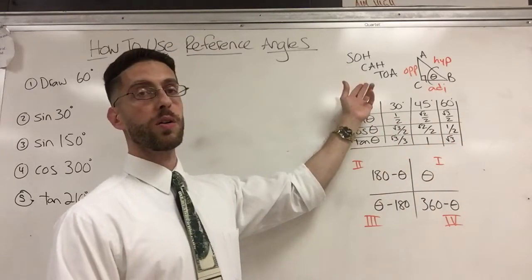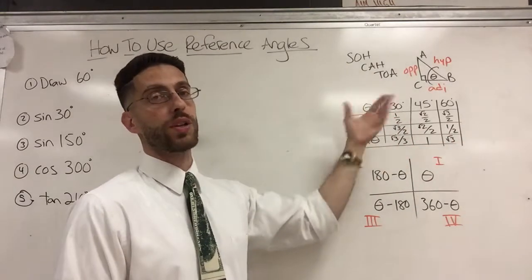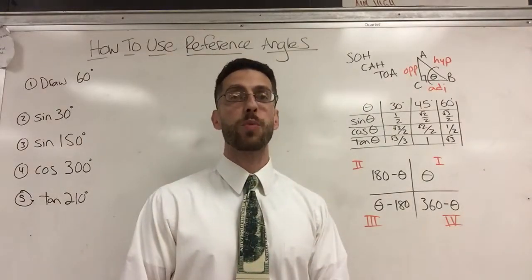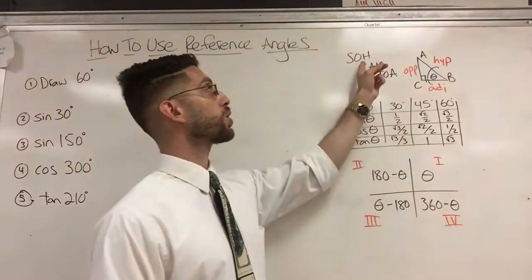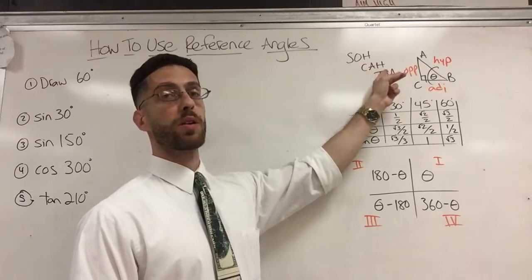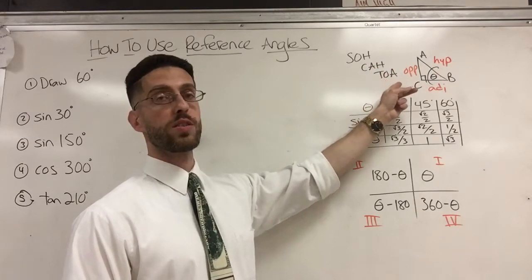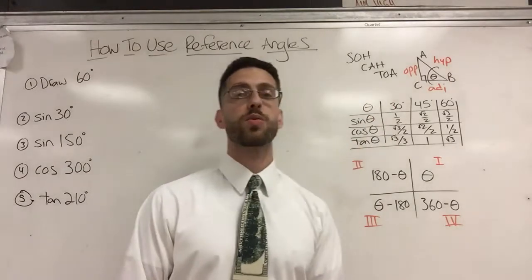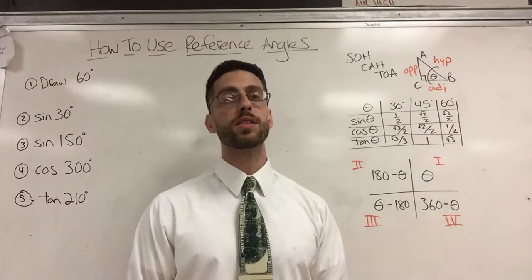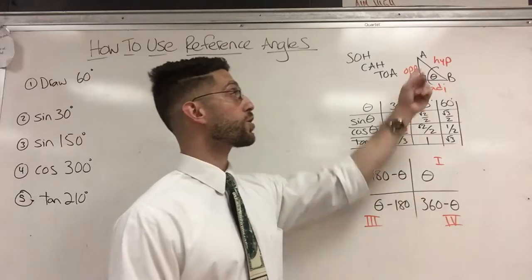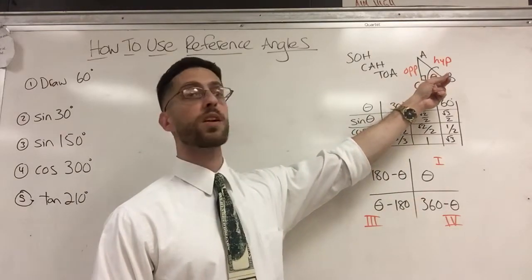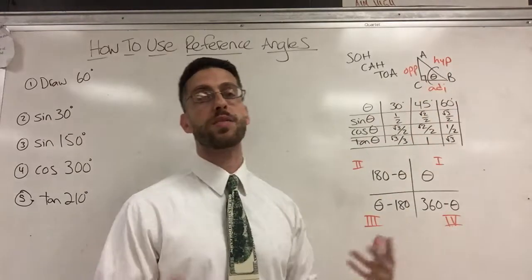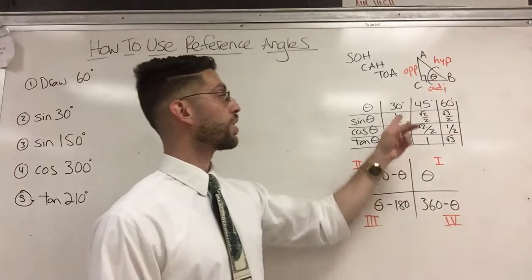When you hear SOHCAHTOA, again, that's not a word, it's just an acronym that helps you remember 3 formulas. Opposite over hypotenuse, adjacent over hypotenuse, and opposite over adjacent. Those are my sine, cosine, and tangent formulas. Sine, cosine, and tangent, well, that's trigonometry, which is basically a study of right triangles. So it helps if you have an angle, and then you can manipulate the sides to find your ratios,